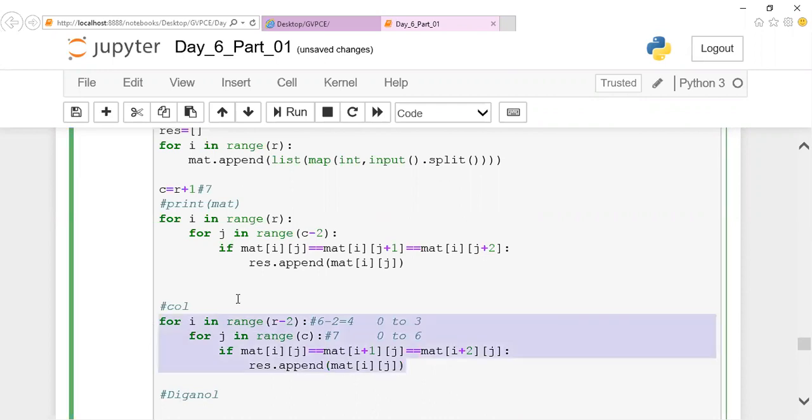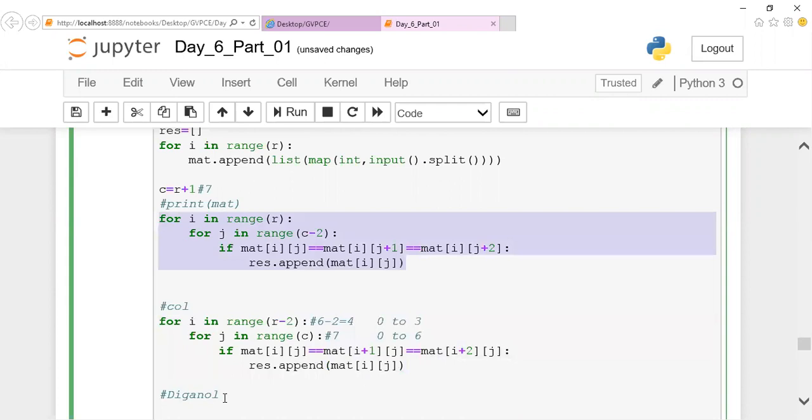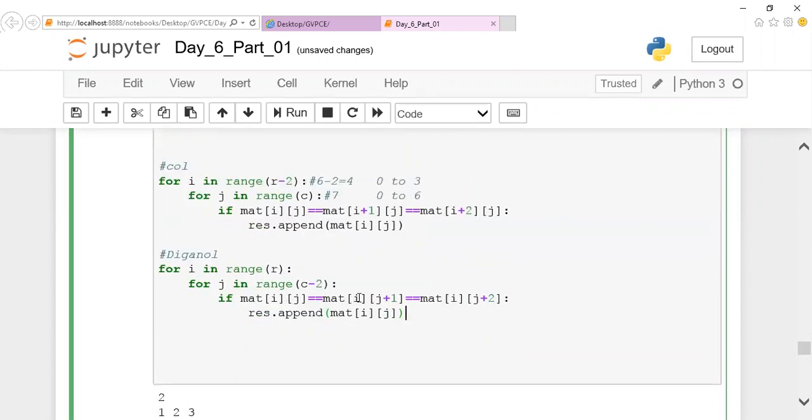We'll copy paste this, or else I'll make use of this. So now both values have to be incremented. i has to be incremented by 1 and j has to be incremented. So what happened? Now I'll get 0, 0, 1, 1, 2, 2. The recursive set of data will be there right now. And after this, what are you supposed to do? We are supposed to find the minimum value in your result.